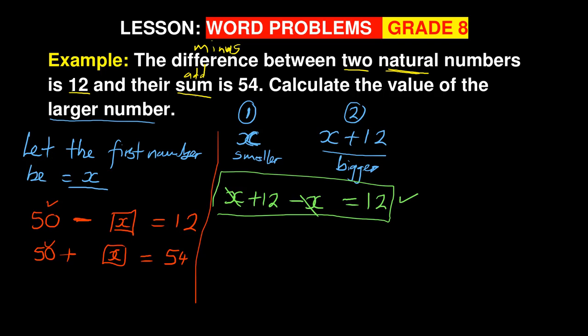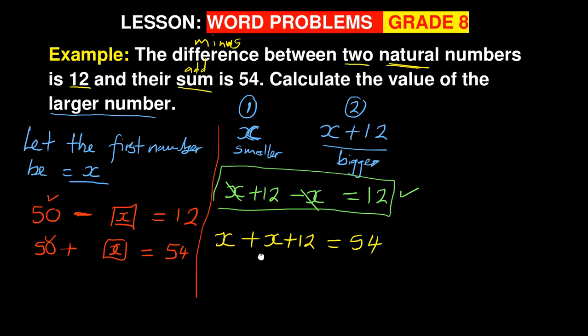And then it says and their sum is 54. So now if the first number is x and the second number is x plus 12, what I'll be having in this case is x, the sum, remember, means to add them, and then x plus 12. If I add them, they're saying their sum is 54. Now I must calculate the value of the larger number. So now this is an equation,